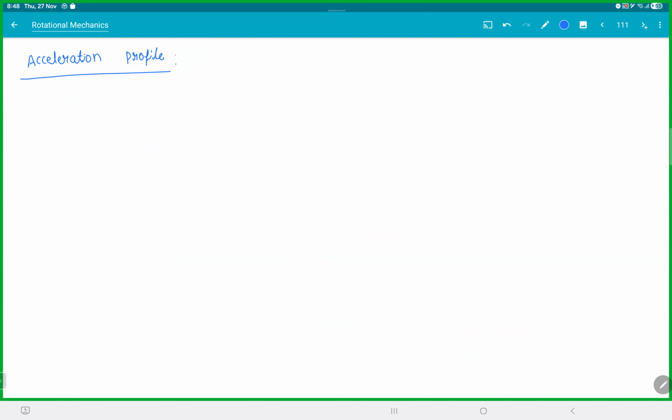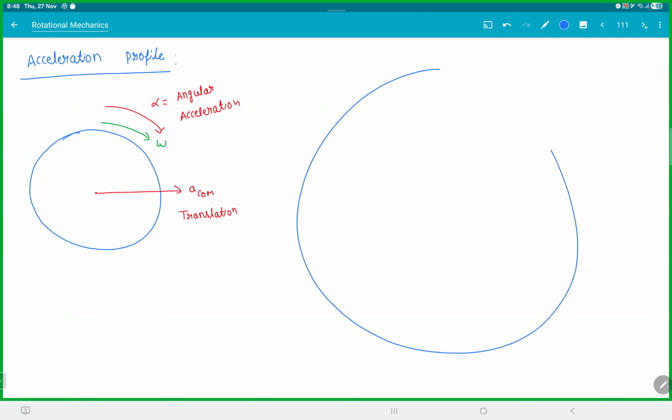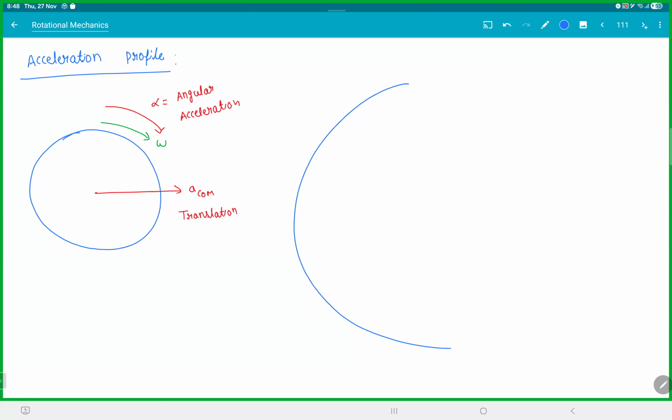Now, unlike velocity, acceleration is interesting. It has something more. So if you have a disk which has acceleration of center of mass, so this is your translation. Remember, center of mass will always take care of translation. And let's say the body is rotating with alpha. This is your angular acceleration. And let's say at that instant, you also have omega. Now look at this thing. If someone asks you to find acceleration at any point on the disk or the ring,